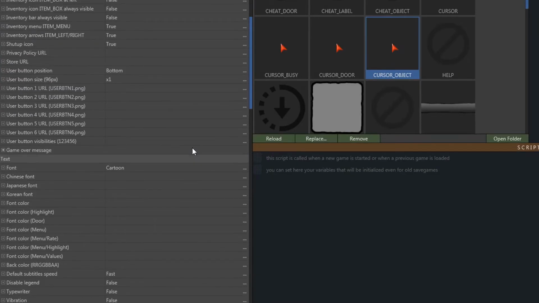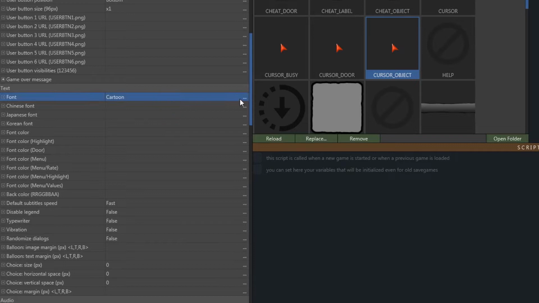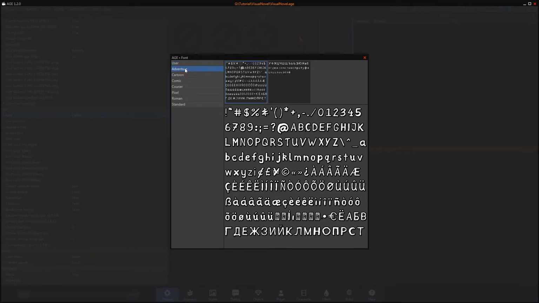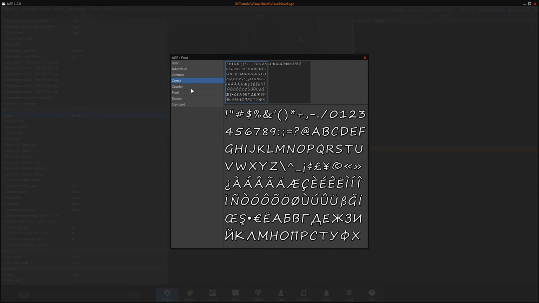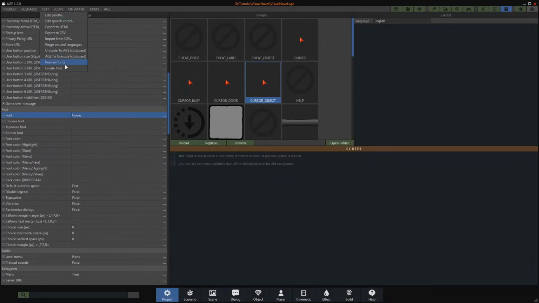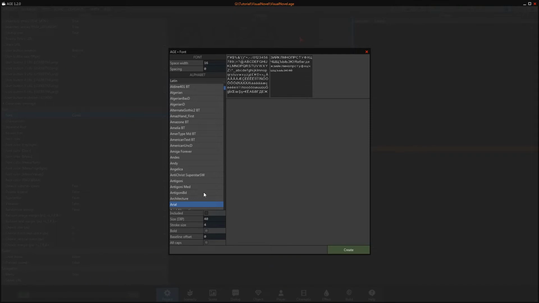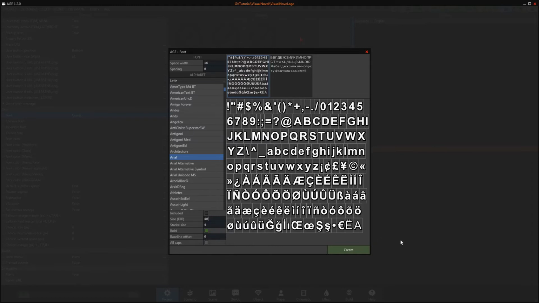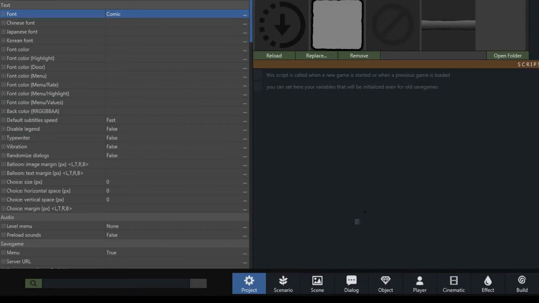Then expand the menus to reach the text category. We're going to change the font and take Comic, which is more suited to our type of game. To see the preview of the fonts, just open the main menu, Text, then Preview Fonts. The Comic font does not have a lowercase letter. If none of the fonts satisfy you, you can create your own font via the Create Font menu. AGE manages several alphabets. A tutorial will be devoted to the creation of fonts. In the meantime, let's come back to our subject.